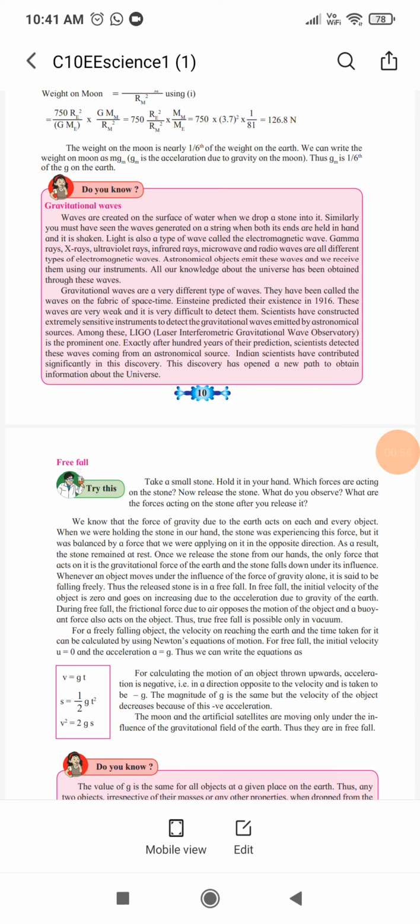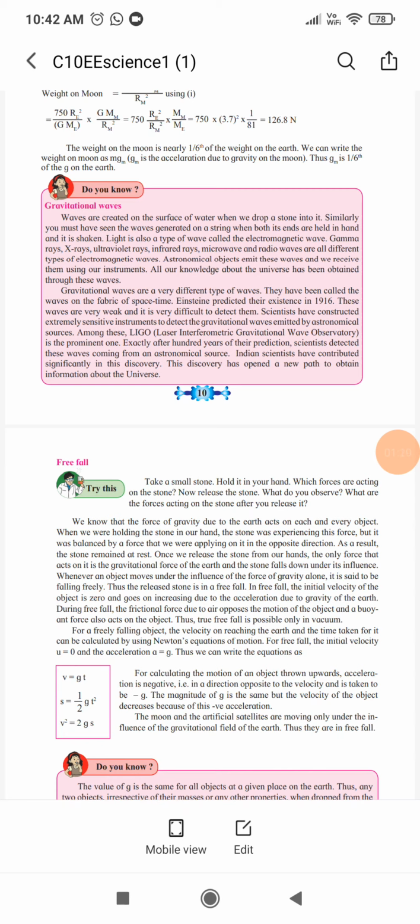That we are discussing already. That is the gravitational force. Because of that the stone is coming down, due to acceleration due to gravity. Now you know very well the force of gravity. We know that the force of gravity on the earth attracts every object on the earth. So when you are holding the stone in your hand,